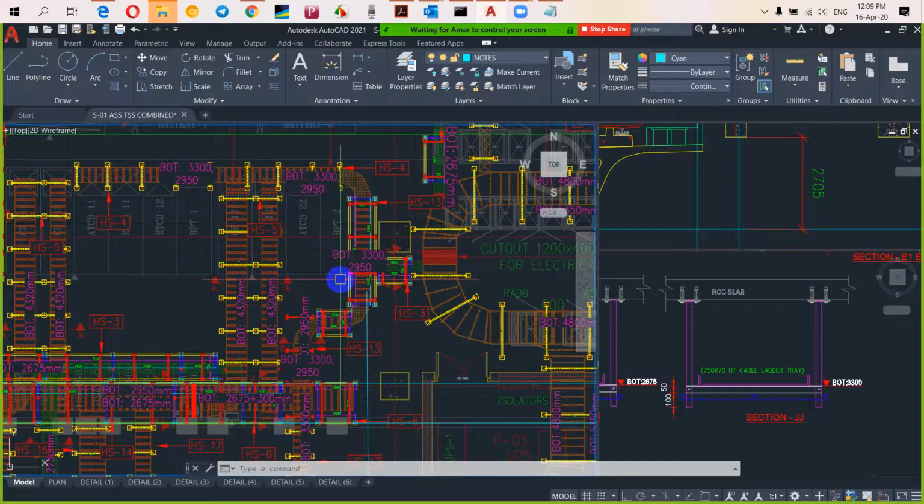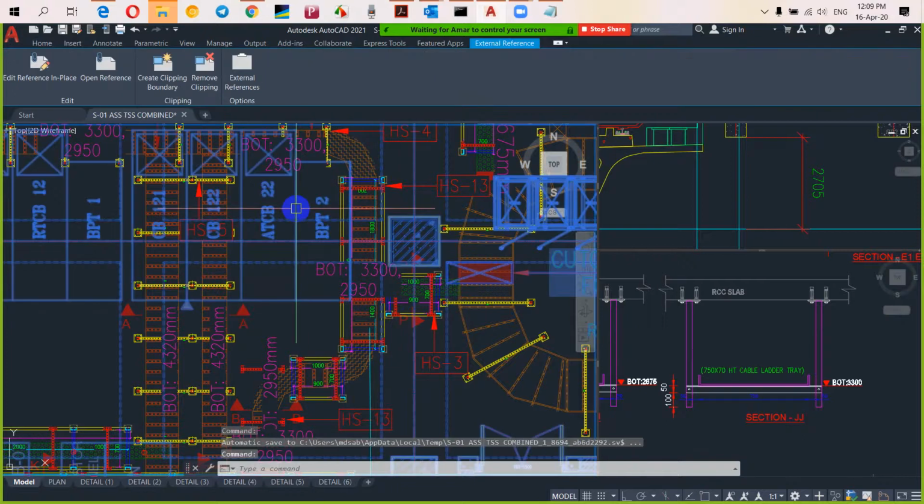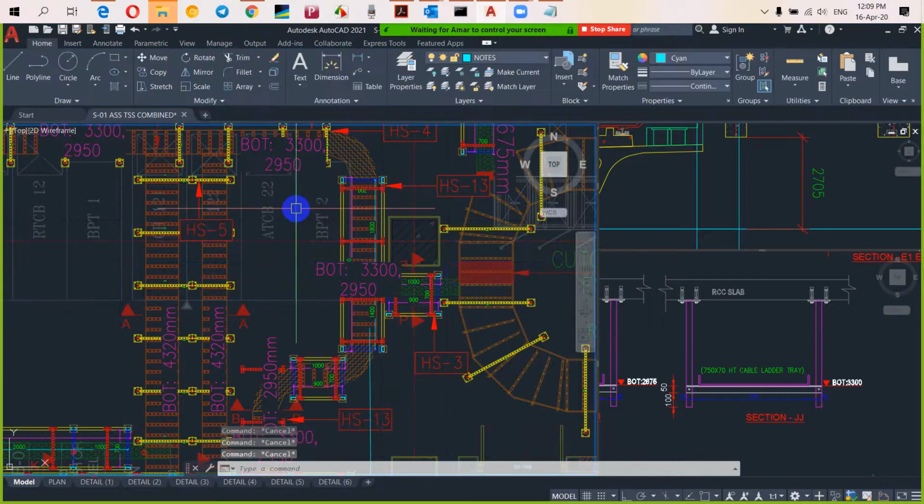Is there any column between the space you found, or can you reduce the width of the Unistrut channel a bit? Okay, that maybe can be done. Maybe we put one support here and another support here and keep some space in the middle. You leave the column area and move the tray only in that location. Please note this point. This is the major point I am finding in this drawing.